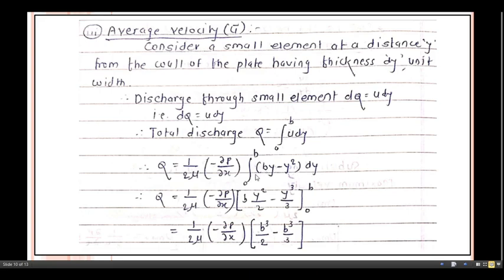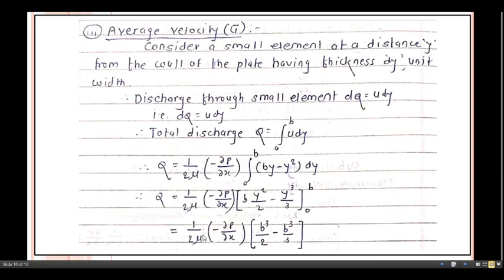So what is the integration of this term? Again this b is constant. What is the integration of this one? y square by 2 minus y cube by 3. Now just put the limit from 0 to b. Now this term will remain as it is. So what about this one? If I put the value of y as b, what do we get here? b cube divided by 2 minus, again for this one, y as b, b cube by 3. Okay, so minus, if I put the value of y as 0, those terms become 0.